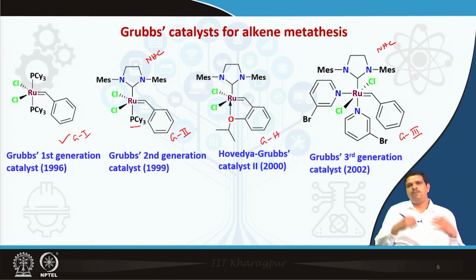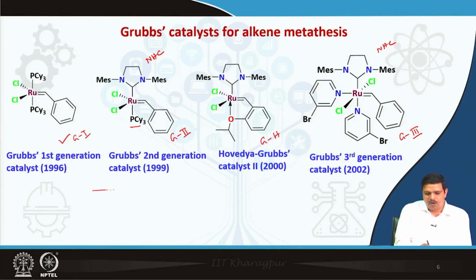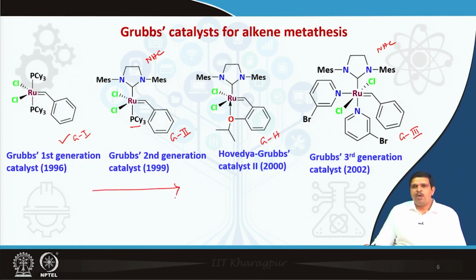There are also other kinds of metal-carbene complexes, like Blechert's. Here you see all are ruthenium in the plus 2 oxidation state, and the reactivity generally increases from left to right. These were needed because not all substrates are equally reactive. That we will discuss in the following classes. These catalysts are very famous for different types of alkene metathesis reactions, which we are going to study today, and that is why they are so popular.